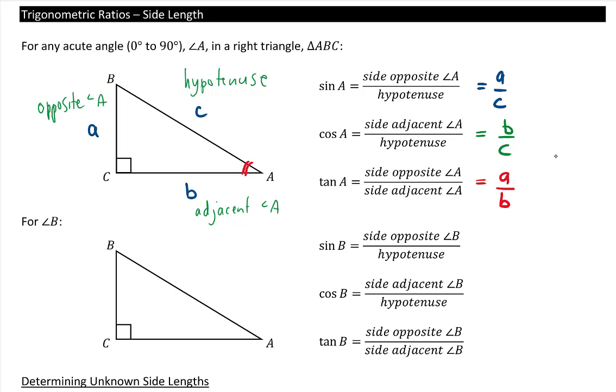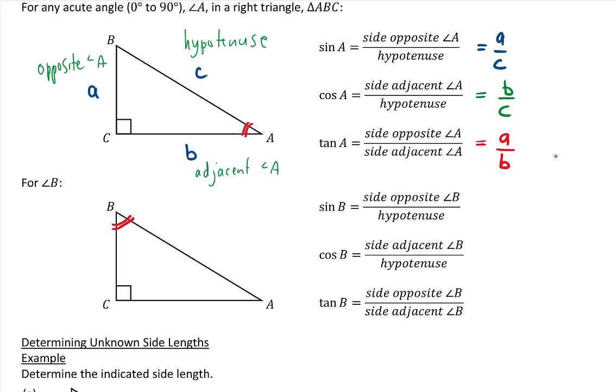If we are focused on angle B, so here's angle B here, the sides would still have the same labels in terms of B, A, and C, and the hypotenuse will still be called the hypotenuse. However, if we're focused on angle B, side B is now what we call our opposite side. So it's opposite angle B. And side A becomes our adjacent side. So side A is adjacent to angle B,